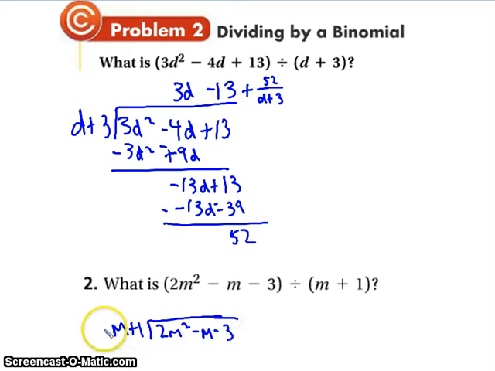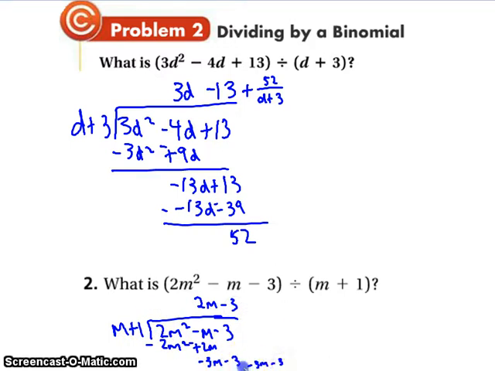Okay. So I need to find out what times m gives me 2m squared, and it's going to go over the second value. So that's going to be a 2m. Okay. So that's 2m squared plus 2m. I subtract. That gives me negative 3m minus 3. Negative m minus 2m. So I get negative 3m minus 3. So now I need a minus 3. That's going to get me negative 3m